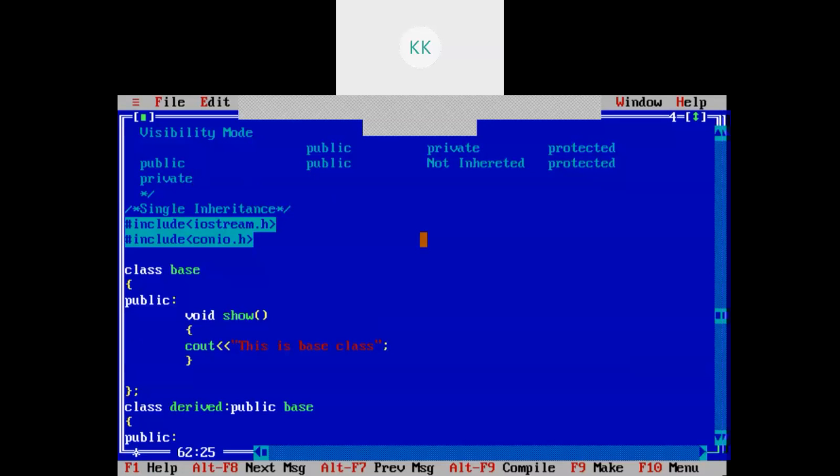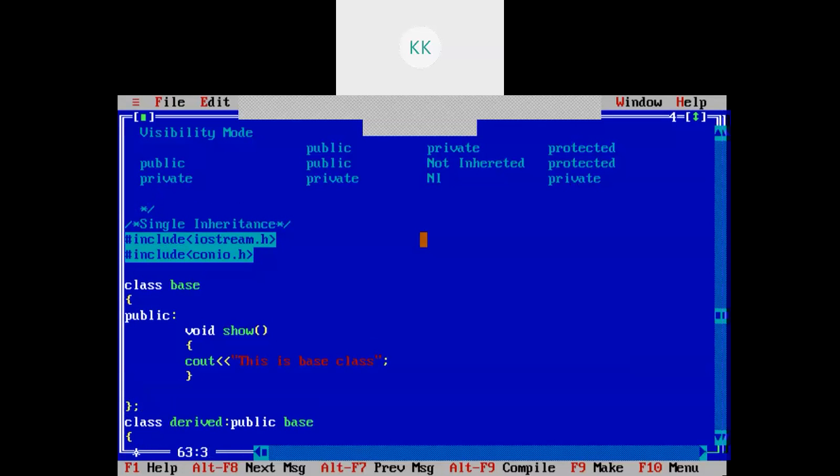Again, if you use visibility mode as private, then the public data becomes private in the inherited class. As usual, private data is not inherited, and protected data will also become private in the inherited class.